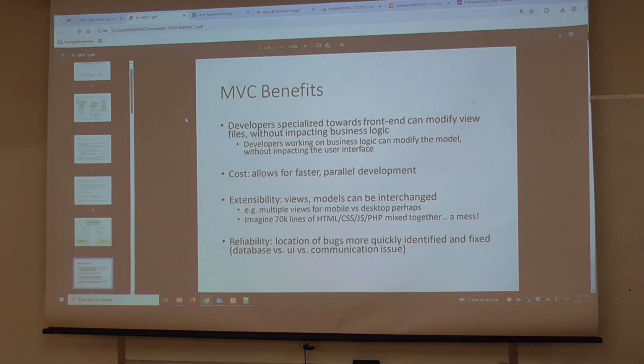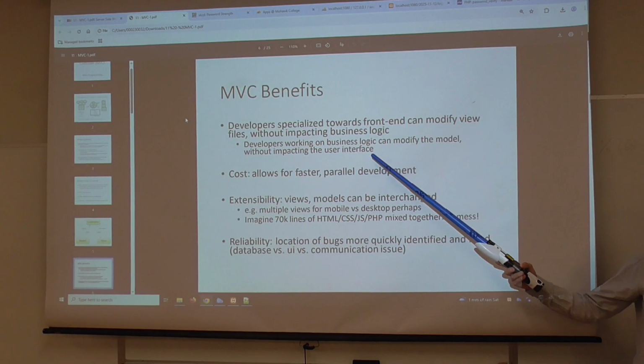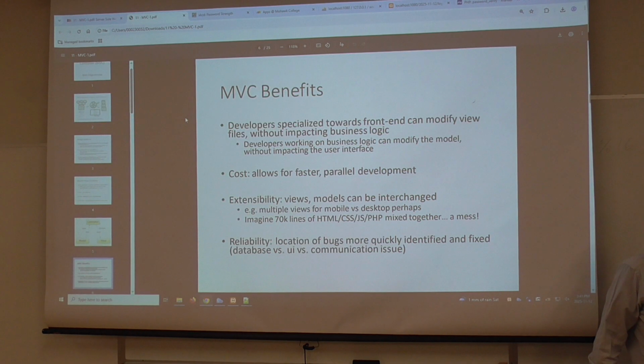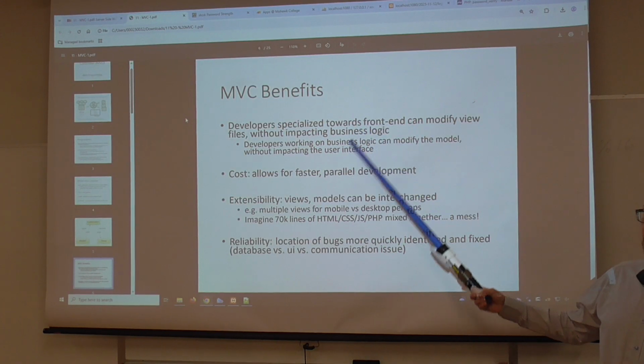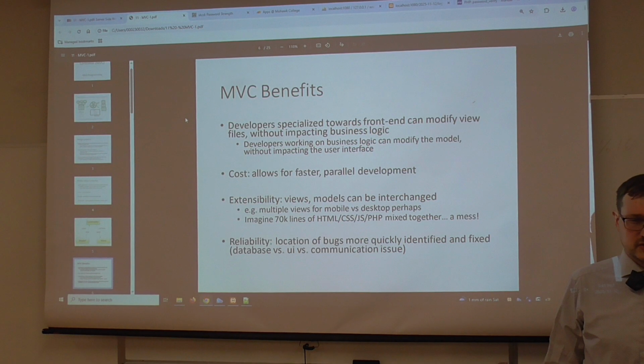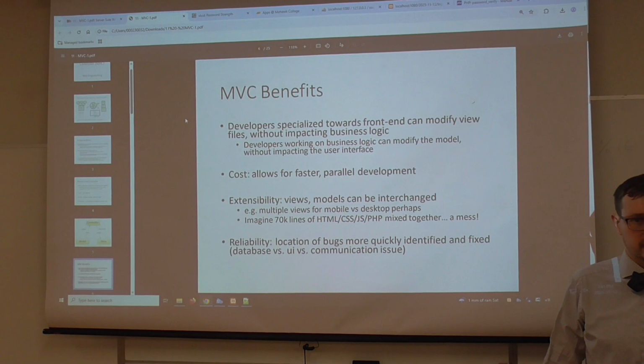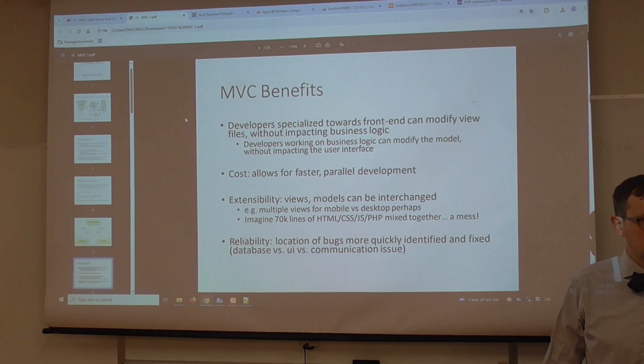So, developers specialized towards front end can modify files without impacting business logic. This is one advantage, right? So, while it's true that we're sort of training you to be full stack developers, it's still very much true that people have their specialties, right? If your specialty is client-side development, it's actually quite possible that you should be nowhere near the security code, right? And I'm not trying to be